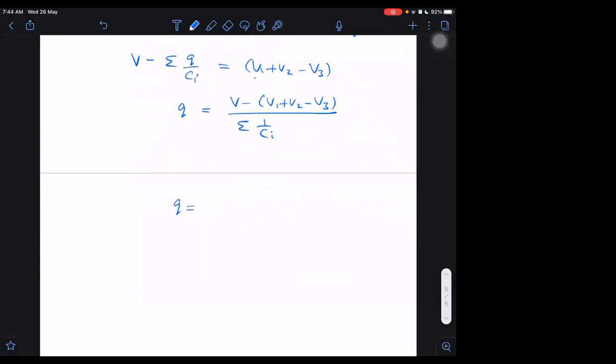Not resistance, don't say resistance. I said that you could treat 1 by capacitance Ci like resistance. It is an equivalent capacitance. It is series equivalent of capacitance. Don't say it is resistance. You are completely saying it wrong. If you say this to somebody else, they will say you are being taught by a stupid teacher. How can it be resistance? Obviously, it is not a resistance. I warned you, don't take it like a resistance. That is just a trick.